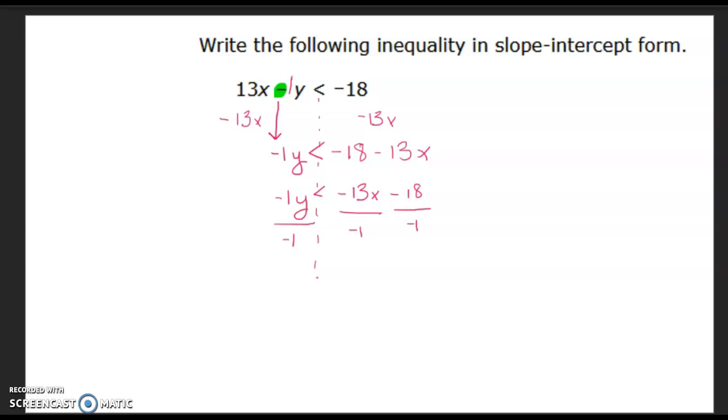This is the same process with inequalities or equal signs. So when you have this situation, you just have to divide everything by -1. The rule of thumb, there is a rule here, and sometimes whenever I divide or multiply by a negative, I put stars. It just reminds me, if you multiply or divide by a negative number,